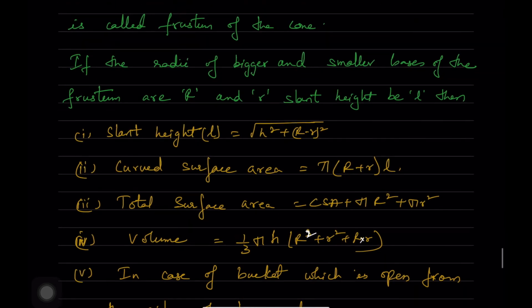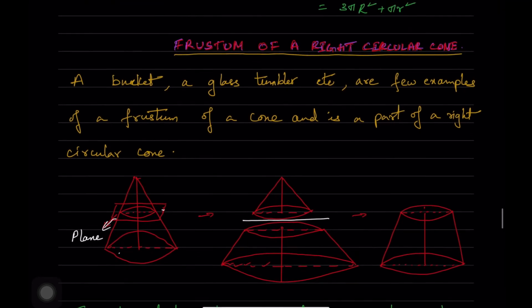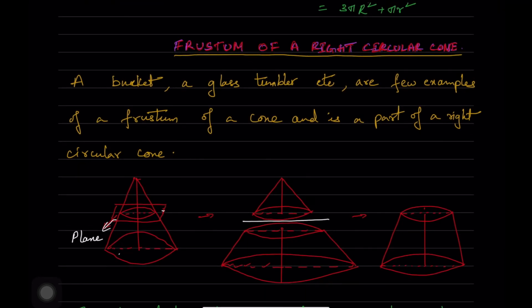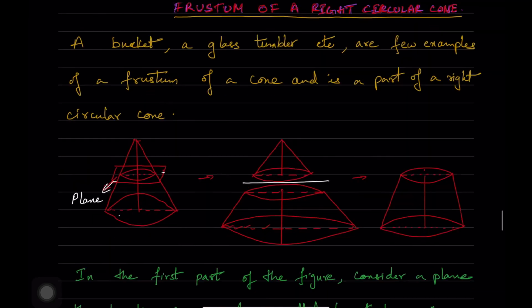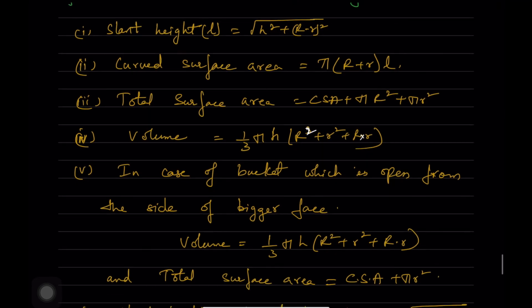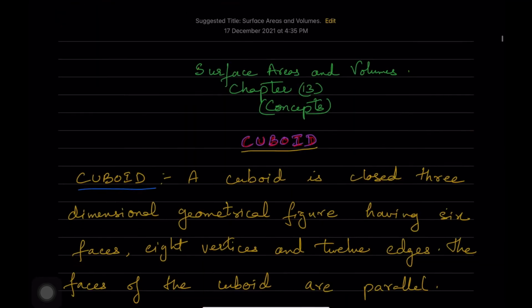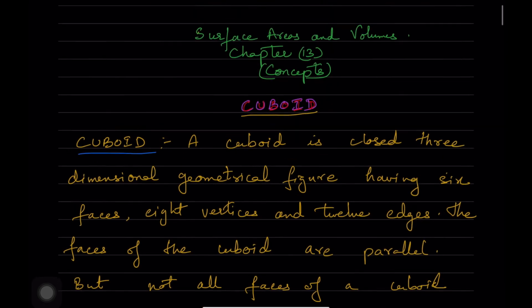So you can just look at those formulas. And what is the first frustum? It is nothing but in the shape of a tumbler or a bucket. So you'll take the top and the lower surface and then you'll write down all the formulas in this one. These are the concepts. If you remember all these, we can do the exercise problems of curved surface area.